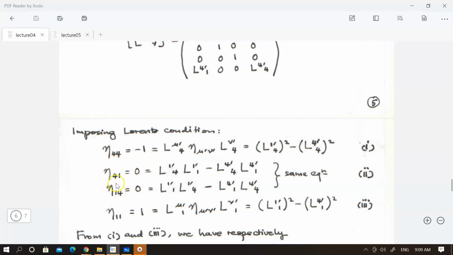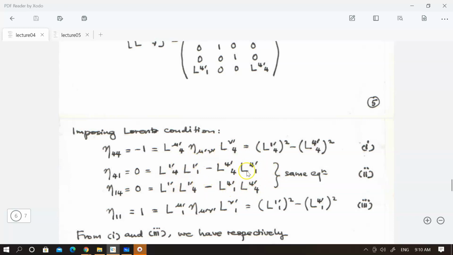Okay, your eta, and remember one only needs to check the case of the index being 4 or 1. So eta for 1 and eta 1 4, which is known to be 0, and then you find out what is the equation on the other side, and that gives you this. Again, with the same technique as before, you have the sum, and the sum for eta 4 1 and eta 1 4 is actually the same equation. Okay, so you have that,